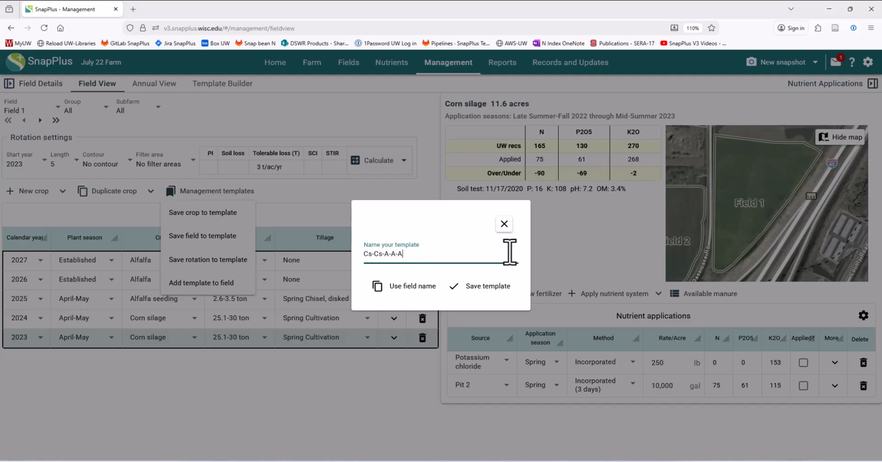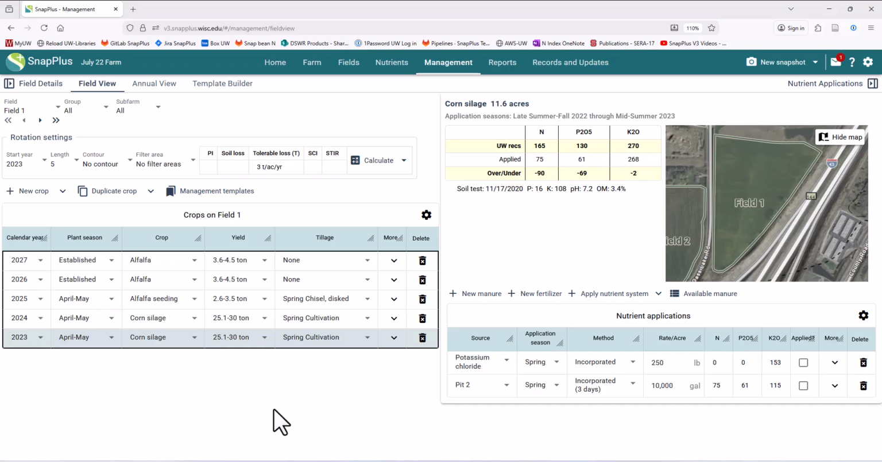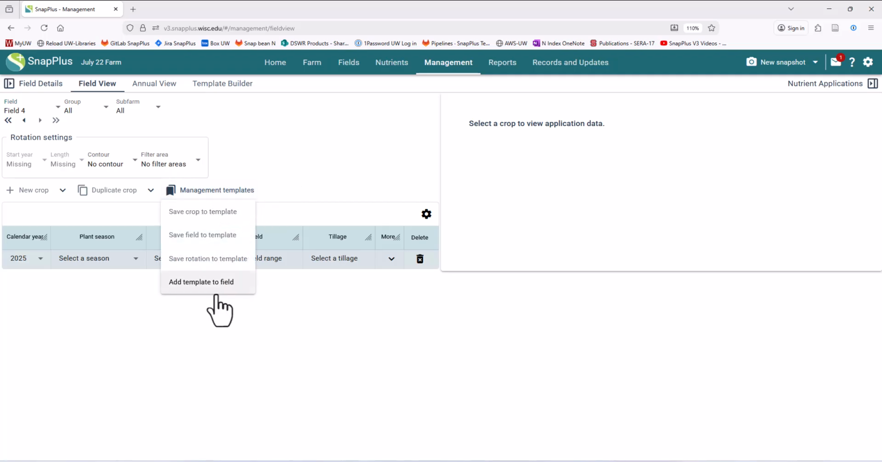After providing a name for your template, you can click Save. Similar to applying a single crop template, we can now go and apply this entire rotation to another field. After you've selected the field in question, select Management Templates, Add Template to Field, and pick the template you'd like